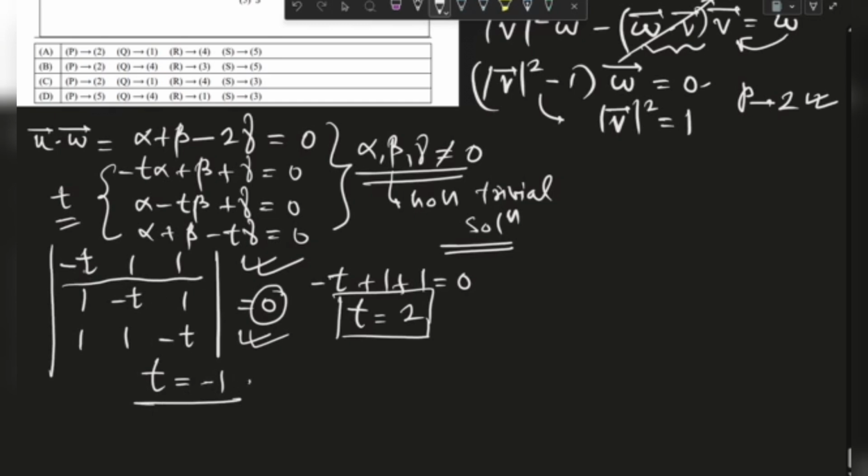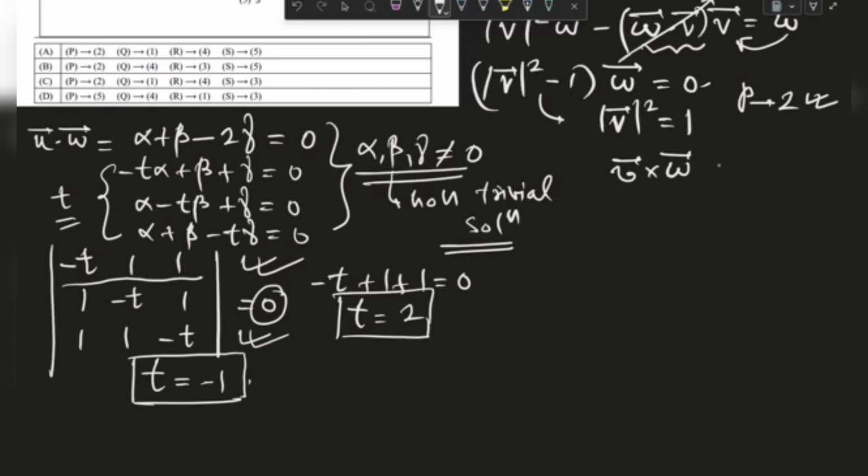If we put t as minus 1, all the terms are 1. So basically this will come out to be 0. So we have two values of t. Now here is where the question becomes a bit complex, because as we have two values for t, we have to solve them out separately. And we also need another equation which we will get from